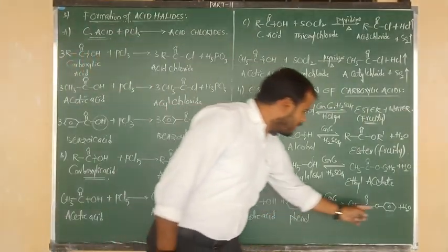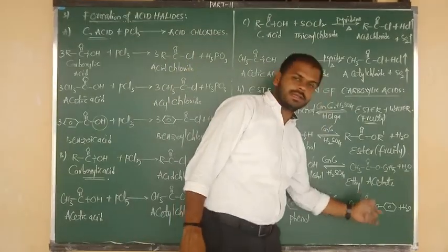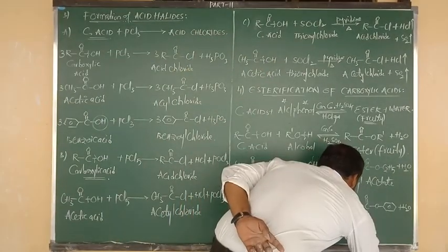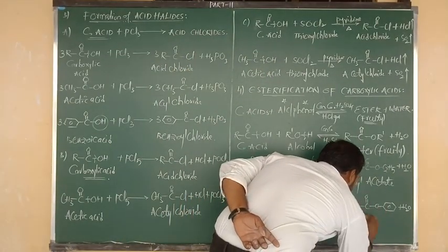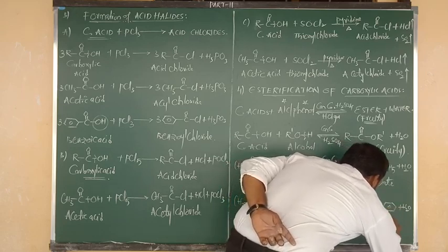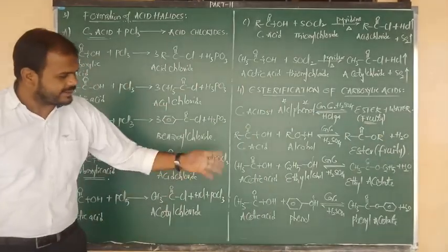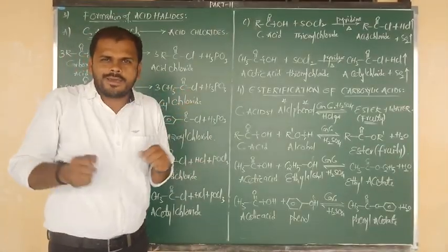Now come on, try to say what will be the product. Product name is phenyl, now phenyl connected to acetate. So we can say the common name of this ester is phenyl acetate. What is the common name? Phenyl acetate. And the IUPAC name is phenyl ethanoate. Again the ester also gives fruity odor.